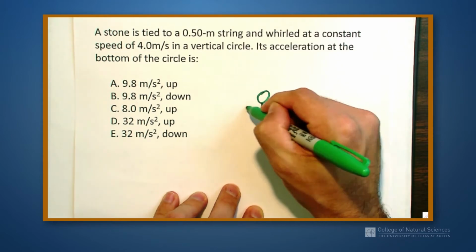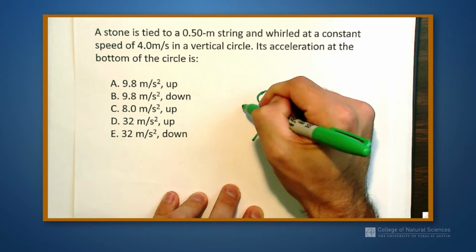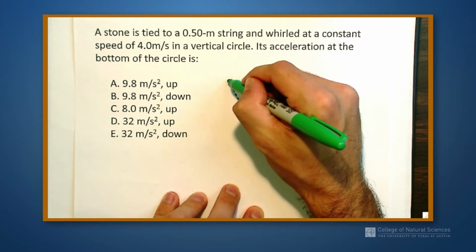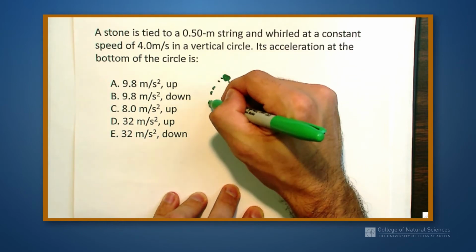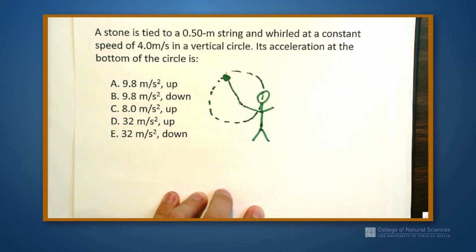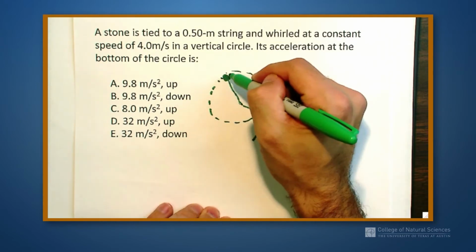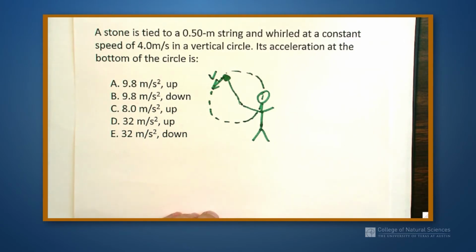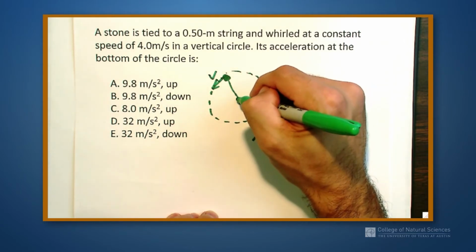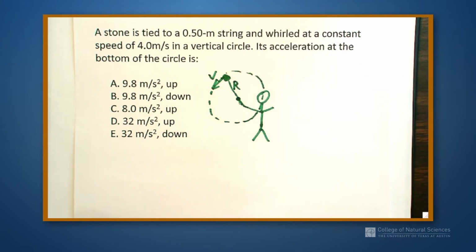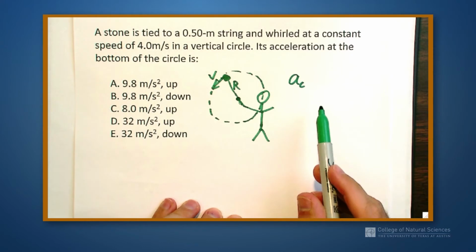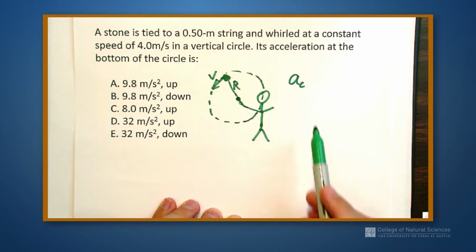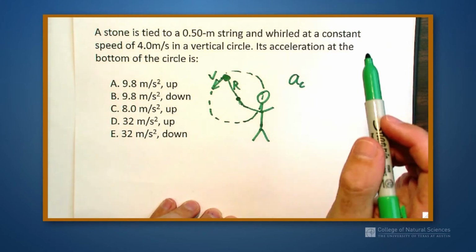So I have a person, they're going to be whirling around this string with a ball on it, and the ball is going to do a circular motion. So it's going to have some velocity, and it's going to have some radius. Well, I know for an object to do circular motion, if an object does a circle, it has to have a centripetal acceleration. Its acceleration cannot be anything different than that centripetal acceleration,